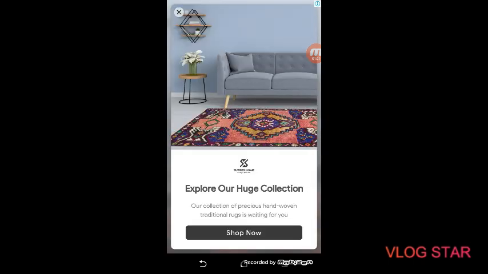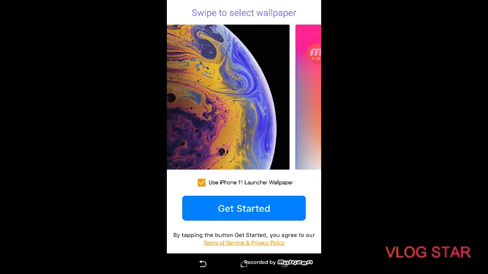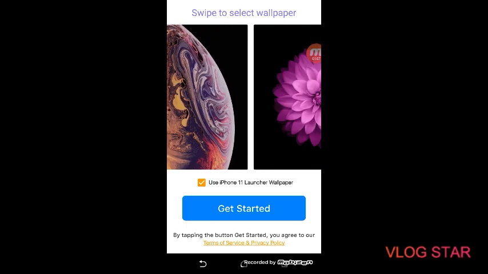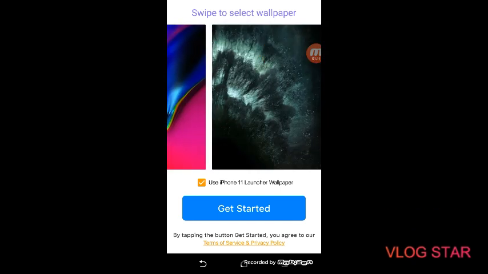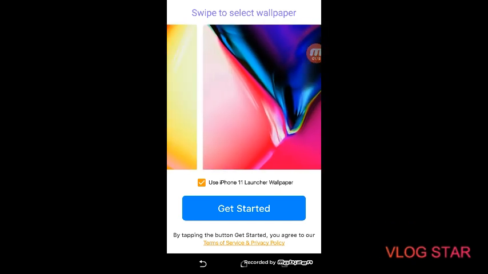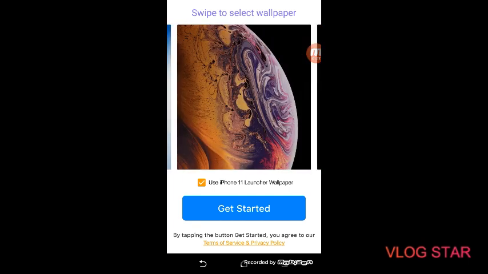Then open the app and wait till it loaded. And here you can select any wallpaper in this, and I'm going to select this